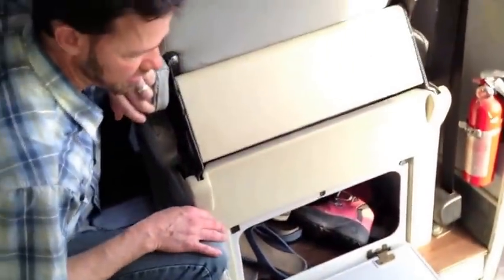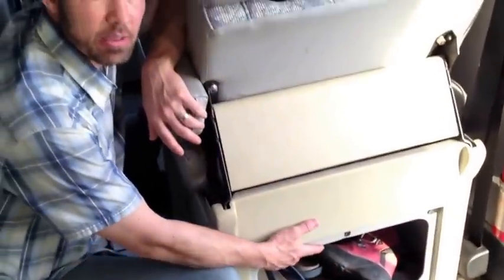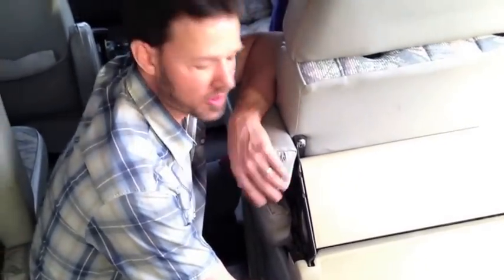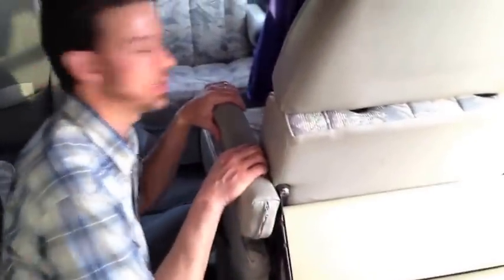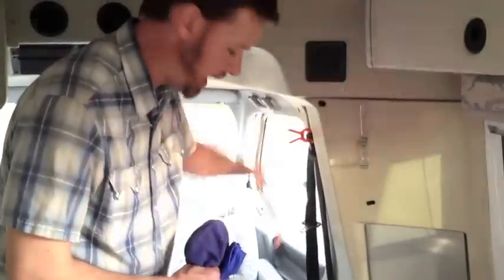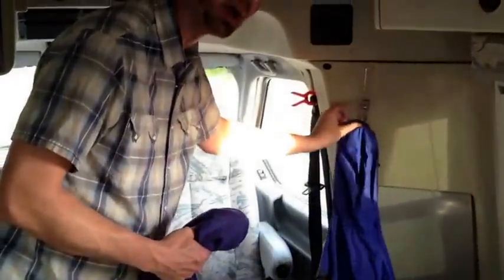Back here, it took us a while to figure this one out, but we finally decided we're going to dedicate this space to shoes, because with 4 people, each of us has a couple pairs of different shoes for different purposes. We can throw them all in there, get rid of them. It's a great place for spare shoes. The other thing we did for the girls is we gave them this hook here. It's very easy to just clip into the crack, and they have a place to hang their jackets. Right now we're in April, so we're still using jackets. Obviously in the summertime there's less need for jackets and extra shoes and that type of thing, in which case we can put them in